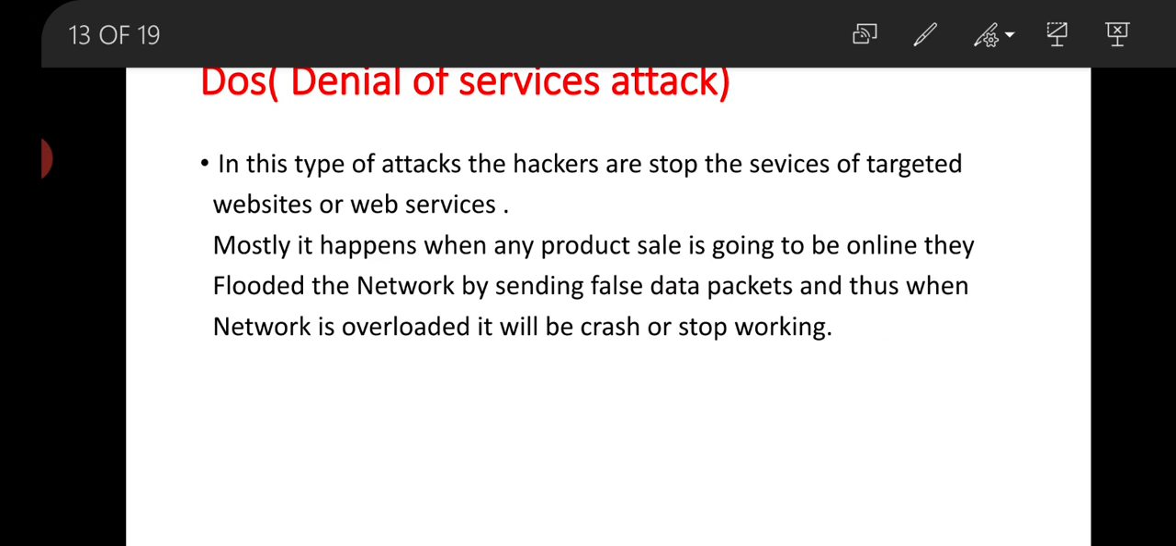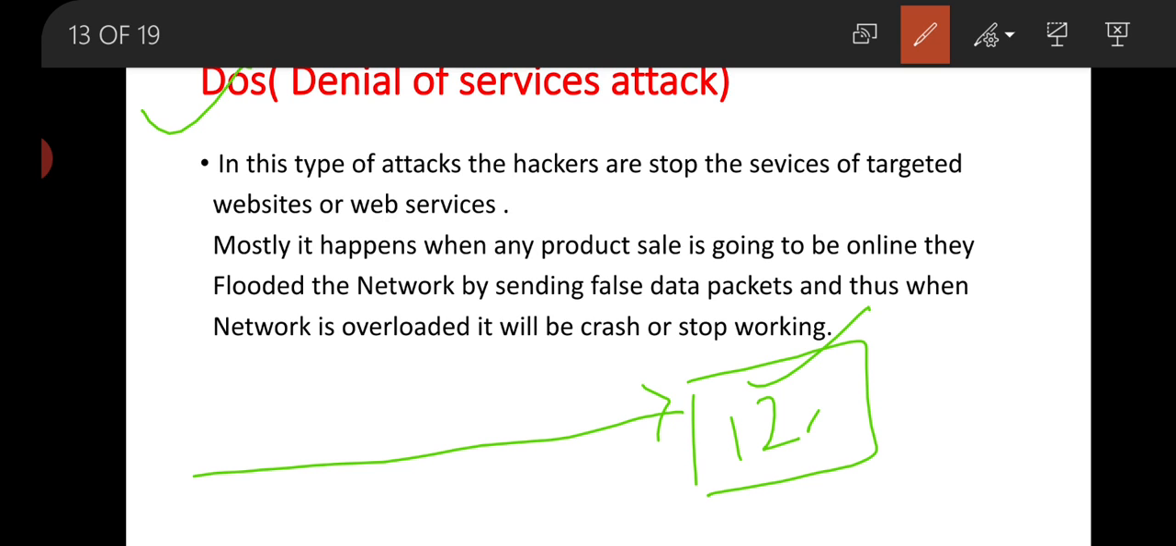Next is the denial of service attack. DoS means denial of service attack. In this type of attack, the hackers stop the services of a targeted website or web service. Mostly it happens when any product sale is going to be online. They flood the network by sending false data packets, and when the network is overloaded, it will crash or stop working. In denial of service, suppose a sale is coming on Flipkart and Amazon for some product